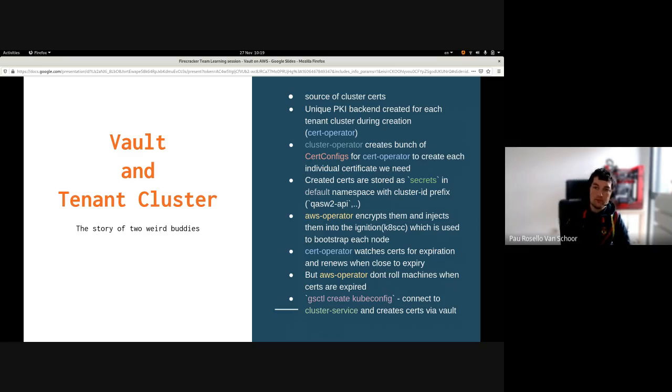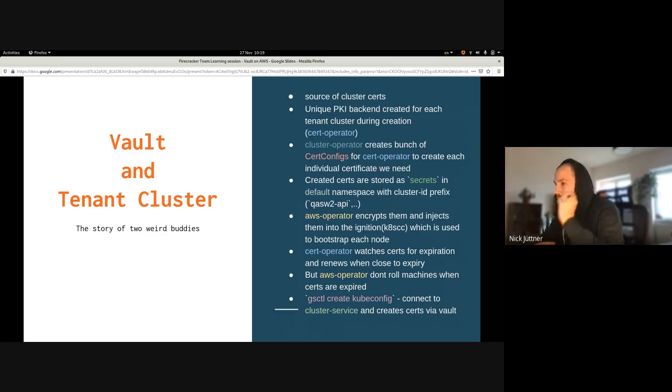Mhm. Cool, we can drop this one. And I have one question. So this cluster operator, right? It basically just sees these secrets, right? Or the AWS operator picks up the secrets from the installation, from the control plane. Could it not actually talk directly? What's the point of just placing the certs there? You could maybe directly